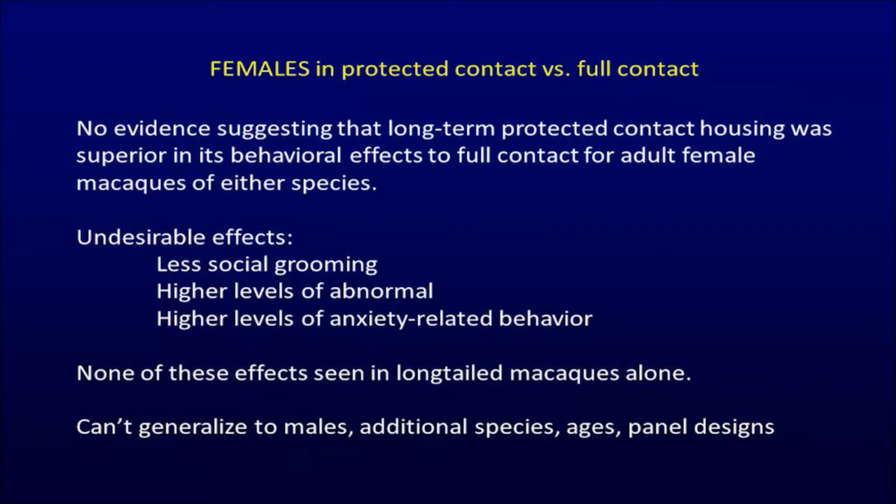We only had data for females. And we wondered if the situation would be different because there are some trends in behavioral differences between these two closely related species. And we wanted to see how that played out in terms of social housing. So we didn't have comparable data on single housing, but we did on the animal's behavior in protected contact and full contact. So the first point was in neither species was there evidence that long-term protected contact housing was superior